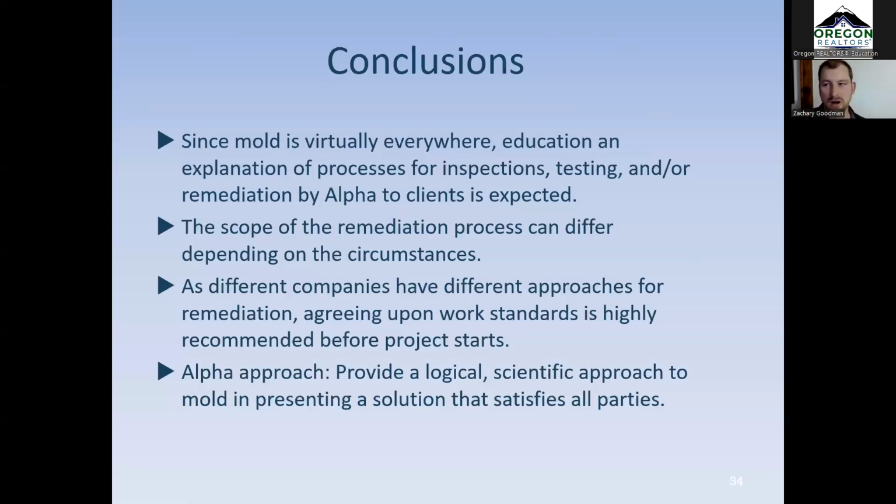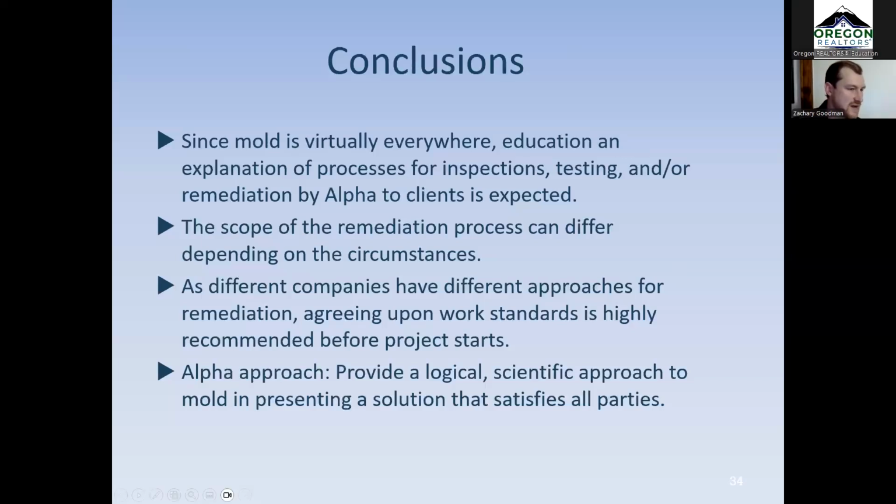Dust testing is really hard. Personally, from what I've seen and from talking to our mold remediation manager, he doesn't find it to be very accurate, and I have a hard time disagreeing with it. The science is just not really there yet to identify dust versus mold, one or the other, for what they're doing. In part, that's because mold grows on dust or has potential to grow on dust. So that's a hard one there.